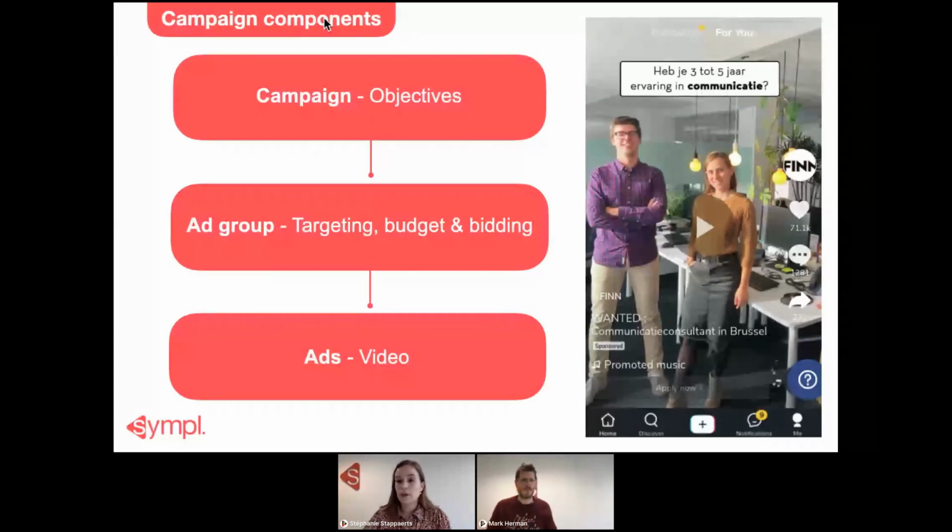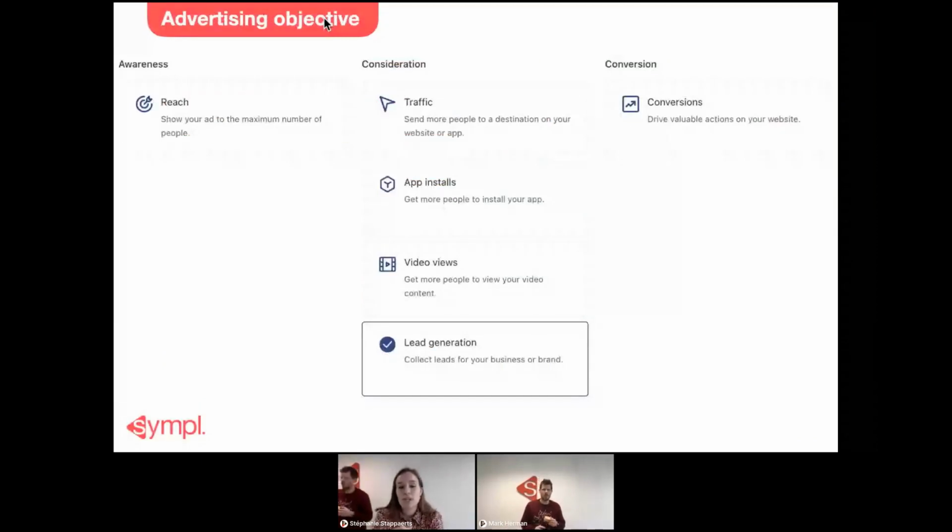Yes. All right. These are all the advertising objectives which you can choose from. And this is just a print screen from the TikTok advertising platform itself. You see that it's also more or less the same as Facebook and Instagram. It's perhaps a bit less objectives. And what we've done is we experimented with traffic and lead generation, so in the consideration phase. And I just want to show you some results about that. So let's just explain it a bit more.